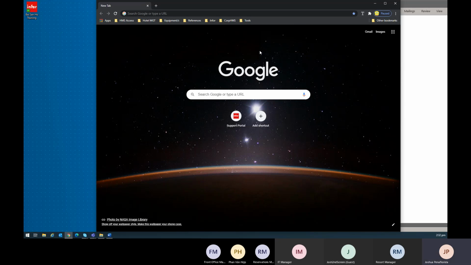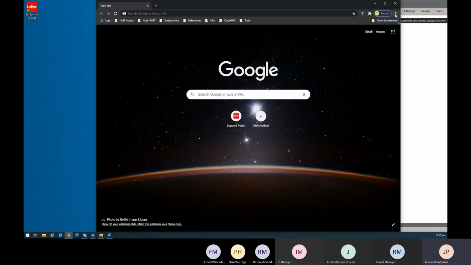Some of you may want to make a practice of restarting the PC every night audit or after the night audit, just to make sure that the machine is running at its optimum, as an optimized device. Also in Google Chrome, we will clear our cache by just going to the three dots